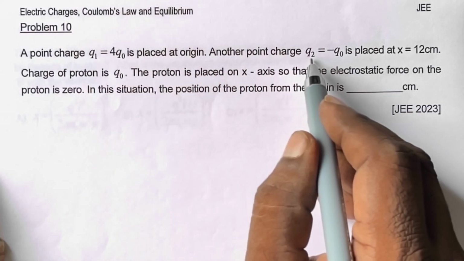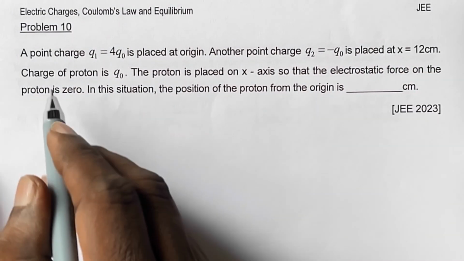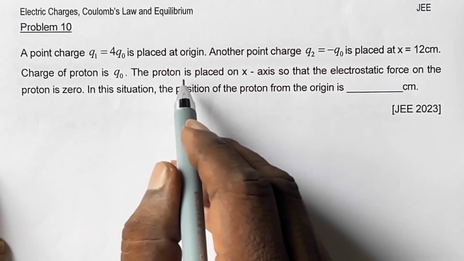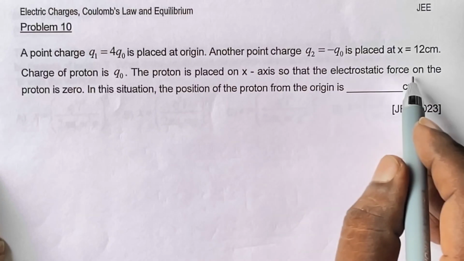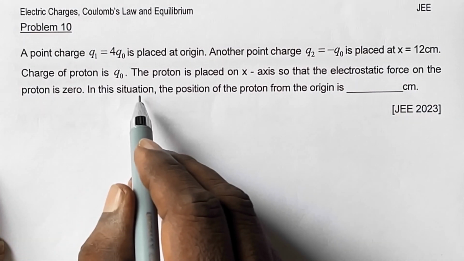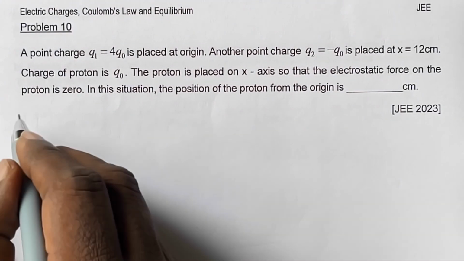Another point charge Q2 equal to minus Q0 is placed at x is equal to 12 centimeter. Charge of proton is Q0. The proton is placed on x-axis so that the electrostatic force on the proton is 0. In this situation, the position of proton from the origin is, so here